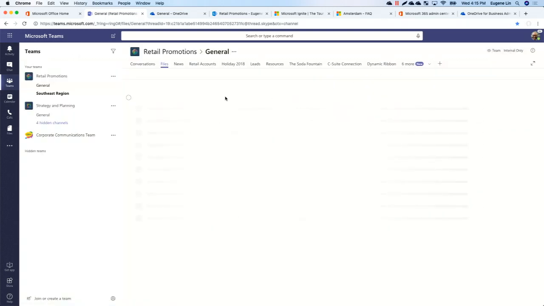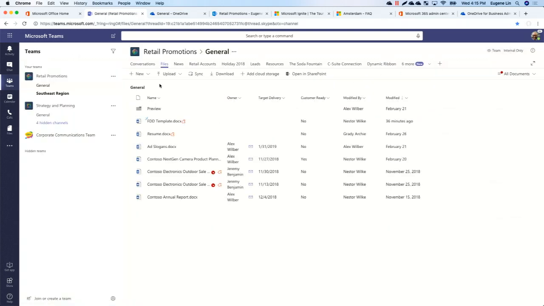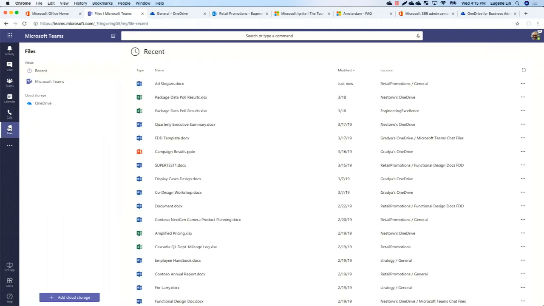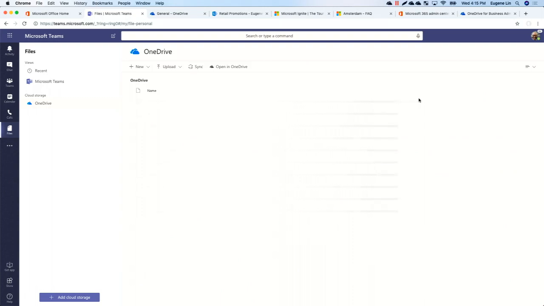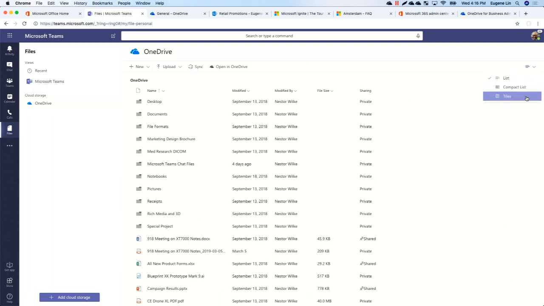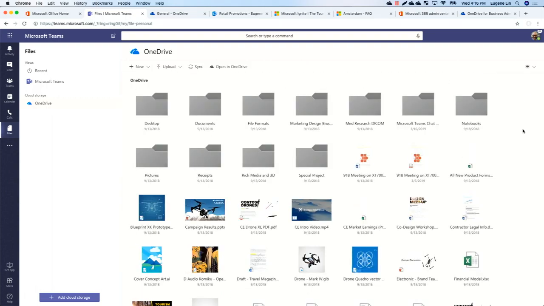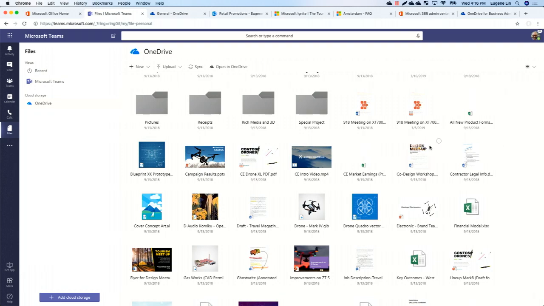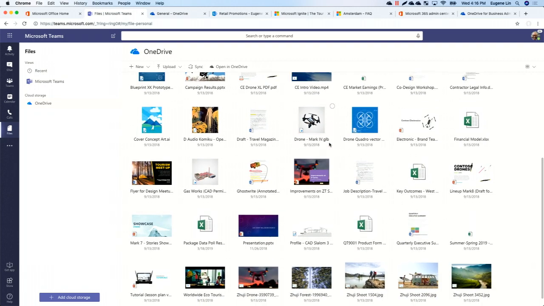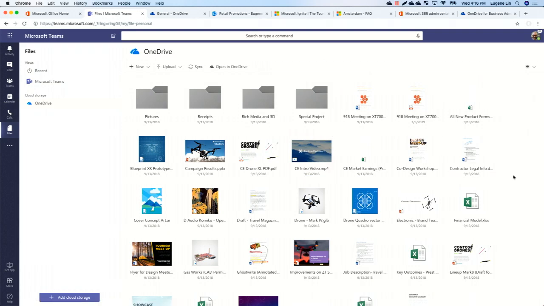One of the other things that I want to show you is that I'm also able to go look at a bunch of my other content. So here I'm going to go to the Files tab. When I go to the Files tab and go to OneDrive, I'm able to see all of the content that's available in my library. I can easily get to files here, and you can see that when I switch to thumbnail view, I get all 320 plus of those file types all available here, and I can go ahead and view all of this stuff within Teams, and I can go open documents, browse, click on content, and